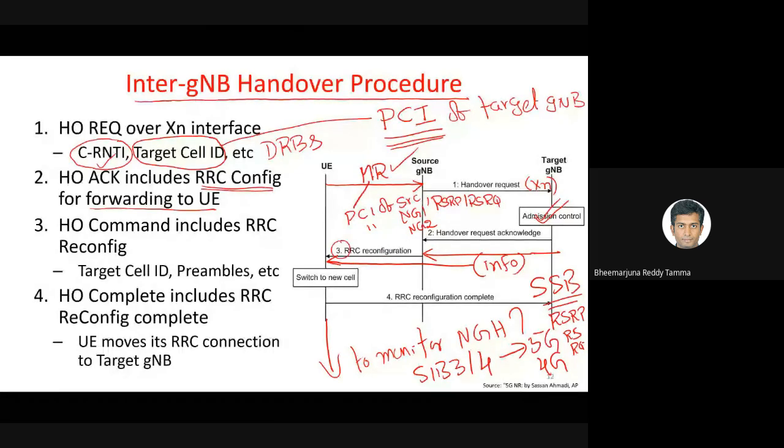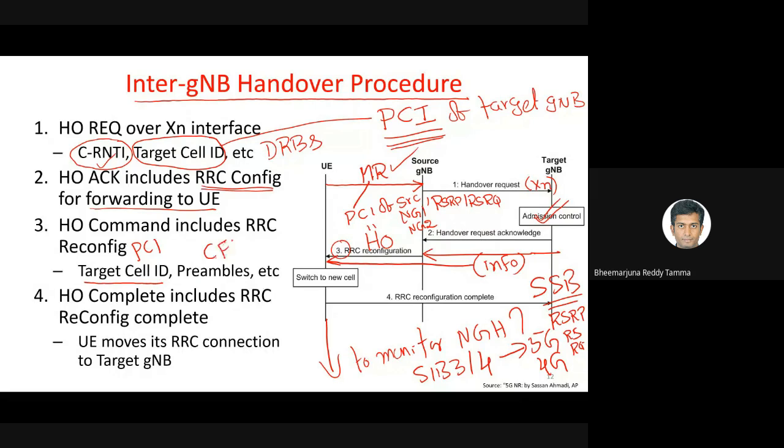What is carried in message 3 is the RRC reconfiguration, which is also called the handover command. Basically it is asking the user equipment, okay, it is time for you to hand over. It contains the instruction to connect with target cell ID so-and-so, that is the PCI of the cell. And if you recall, I was talking about